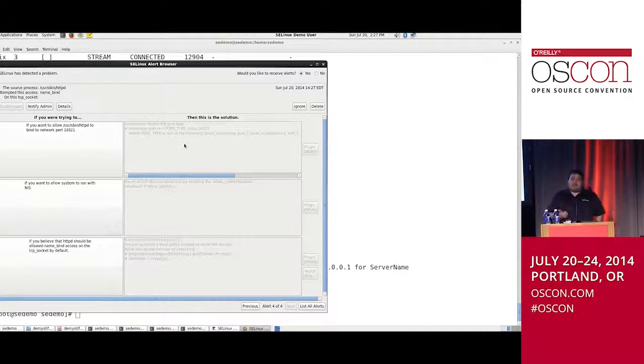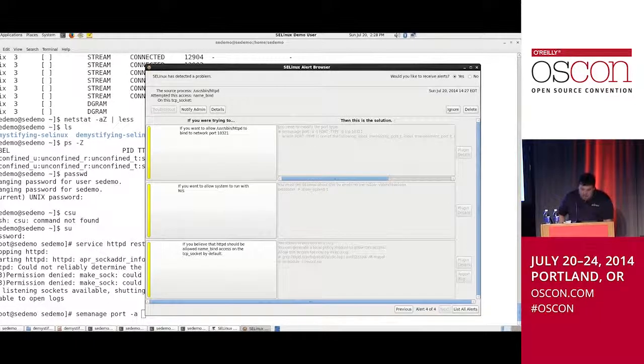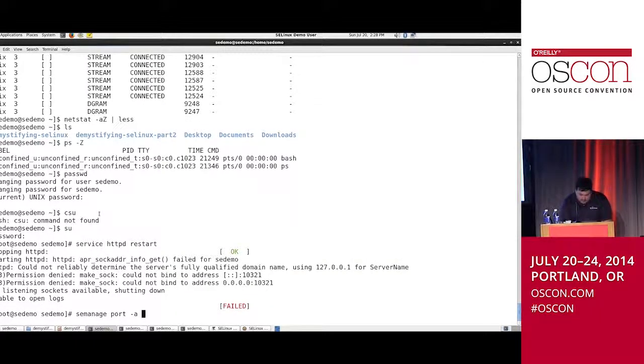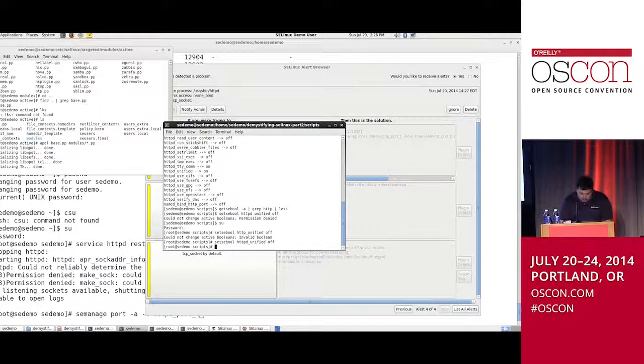we want to set up an SEManage port assignment for it. So we're going to do this by going over. We're going to do SEManage port. Remember, -A adds an entry in. And we want the port type, which in this case should be HTTPD port T. We could find that out by looking in, where is it? My root here, yeah. SEManage port -L